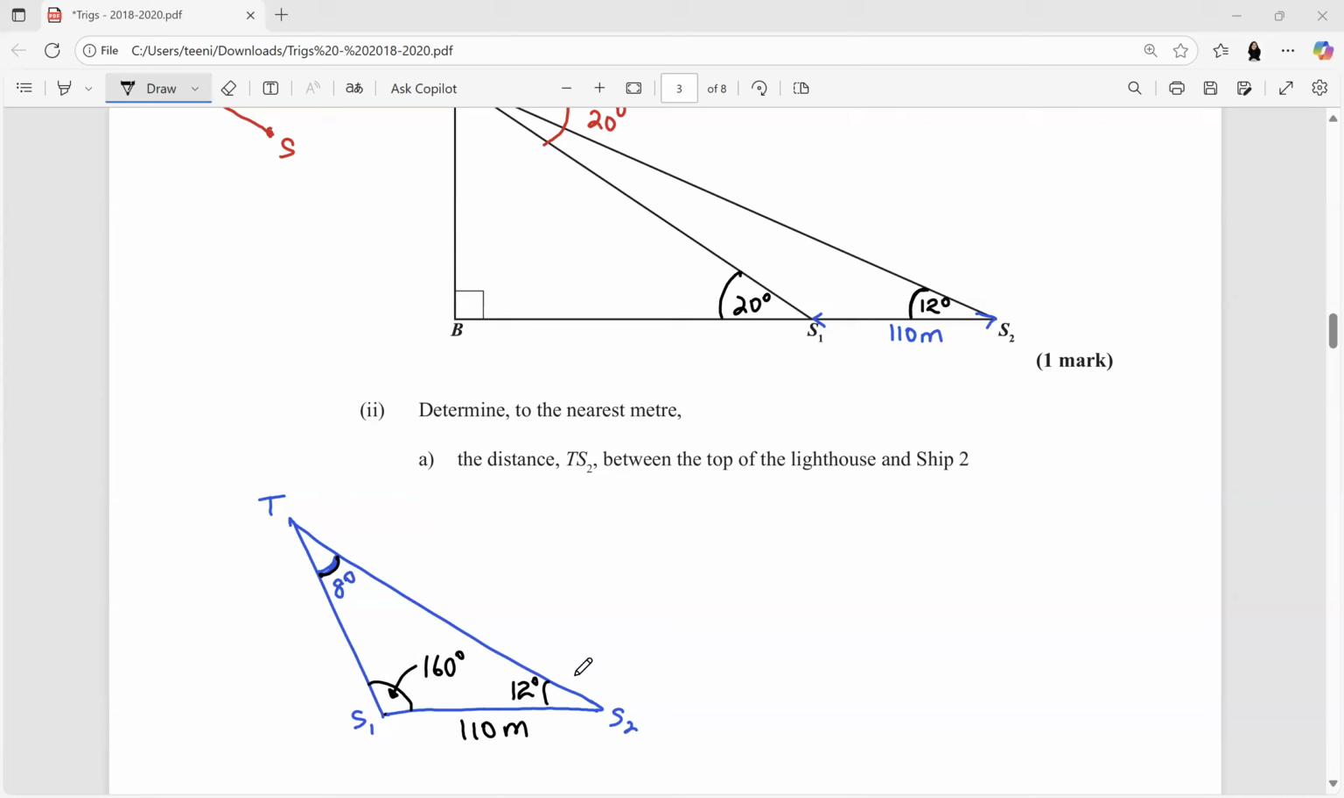So we can use the sine rule, right? So using the sine rule, when you have three angles on any side, you can use the sine rule to find a second side or a third side. So using the sine rule, I want to find TS2. So it would mean TS2 over the sine of the angle opposite that one, which is 160 degrees, is equal to